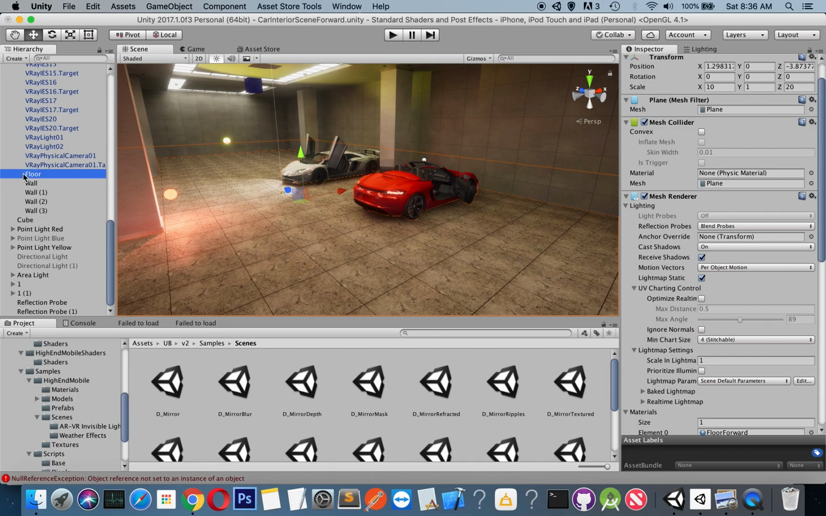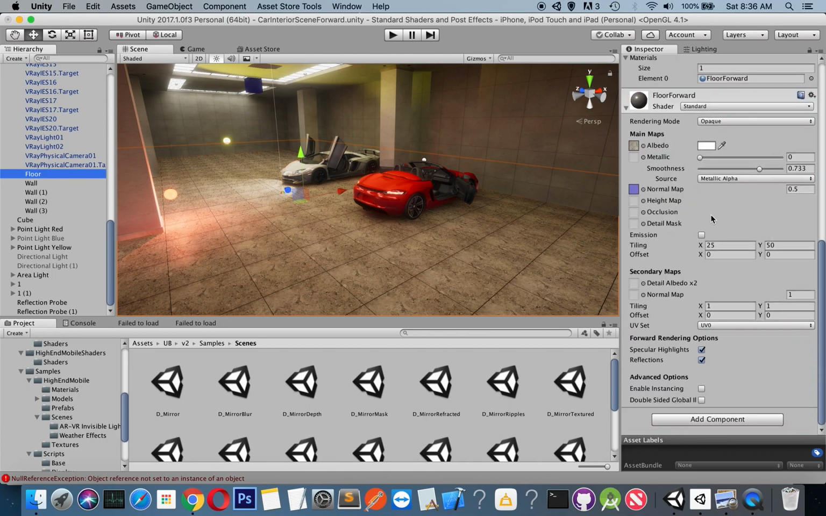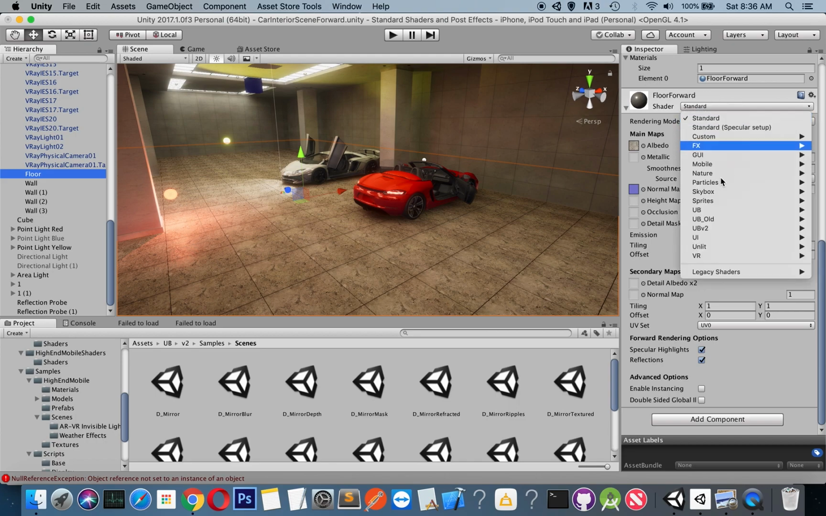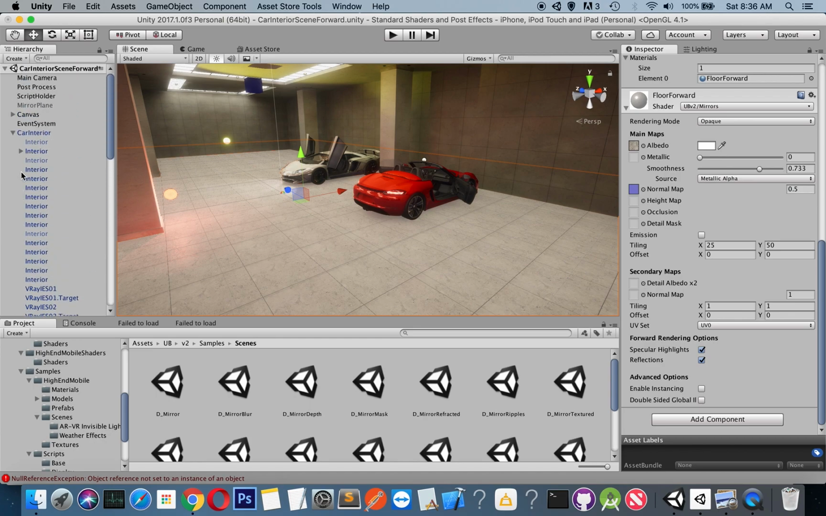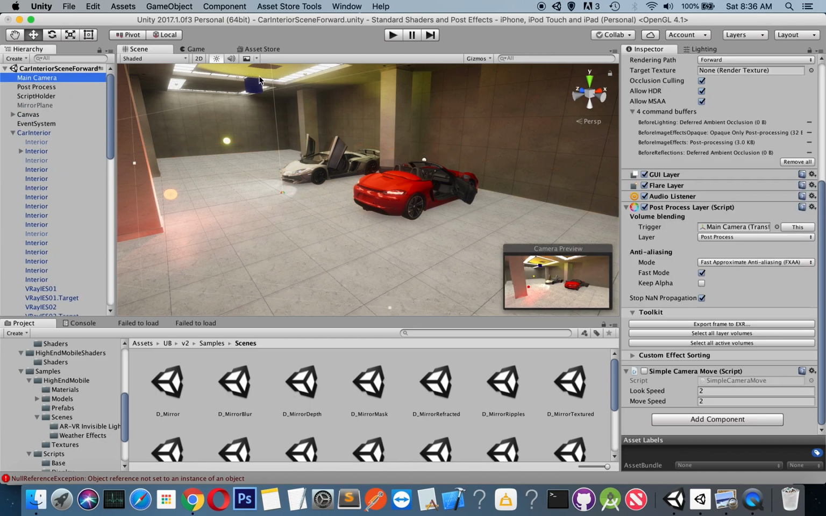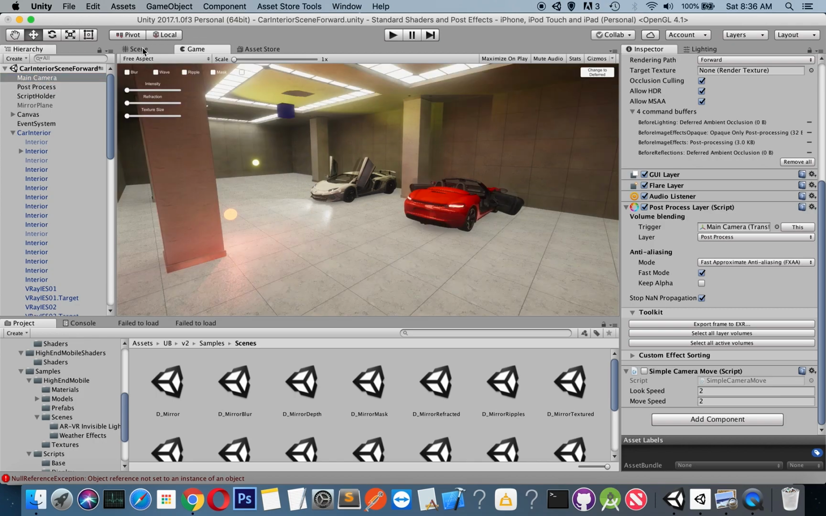So here you can see it's just a plane with a standard shader. So first of all, we will change this floor's material to use our version 2 mirrors material, and as you can see its properties have not changed, so it is using the previous properties. And I will come to our main camera, which draws the scene, as you can see here, and I will add